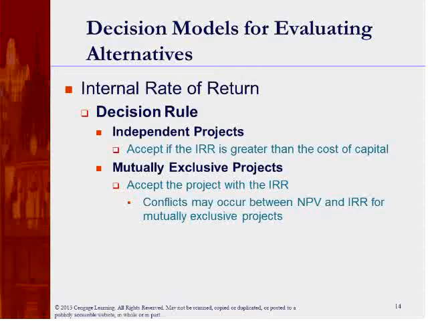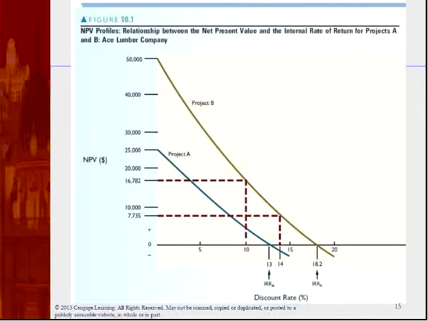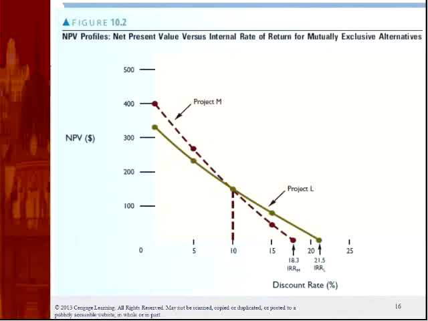So let me go back to my lecture. Now accept if IRR is greater than cost of capital, and there will be problems with IRR. This is how IRR works. This is your cost of capital, 14%. You can see IRR is below 14 for project A and above 14 for project B, which is 18.2. So normally for conventional projects, NPV and IRR both give you the same result. But for unconventional projects, things could be very different, because sometimes